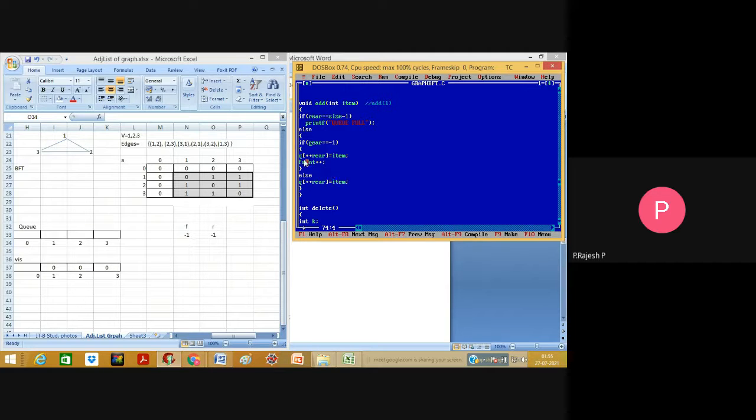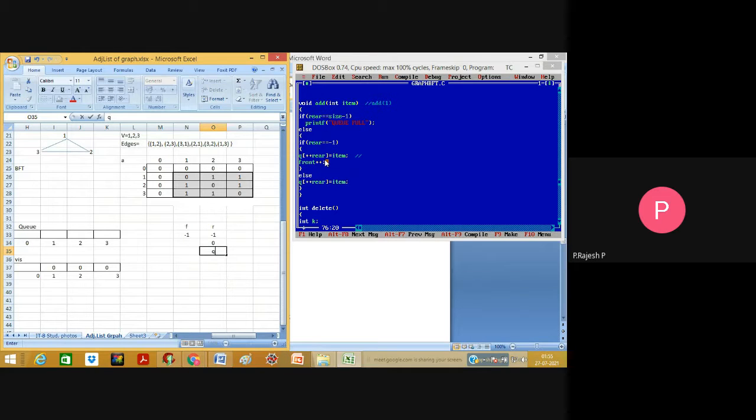So come inside that if body. What does it say? Q of rear plus base. That means first increment the rear value. After incrementing the rear value, it becomes -1 + 1, which is nothing but 0 right now.